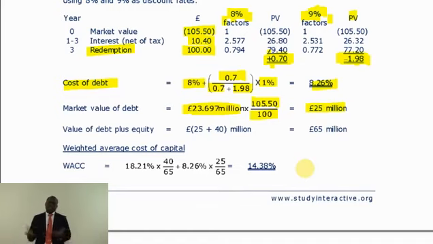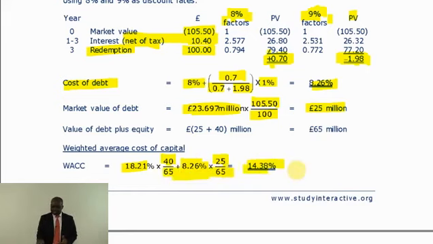What is the WACC? My WACC isn't the weighted average of the two. This is my cost of equity. Market value of equity we said is 40. Cost of debt, because we had already factored tax here, you don't bring 1 minus t again. And then value of debt is the 25. 25 plus 40 is the 65. And this is your WACC. So when they say using the traditional approach, it is the normal WACC. The only lesson you need to pick there is how to respect if there's dividend current and dividend for the future.